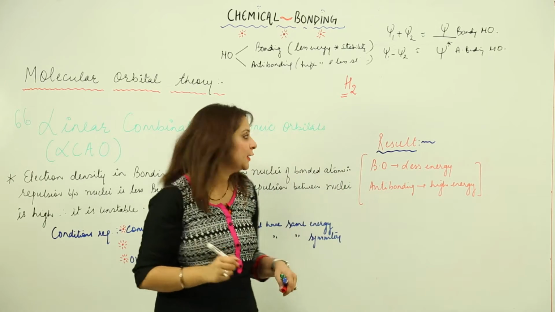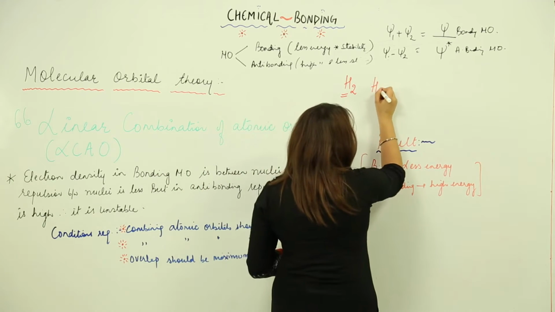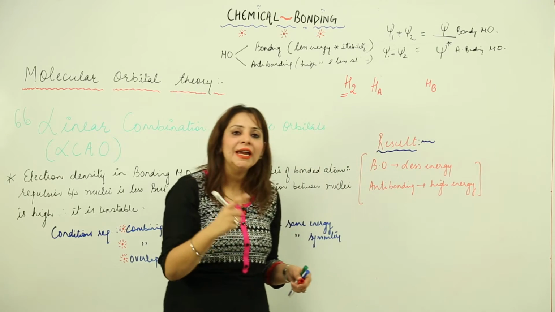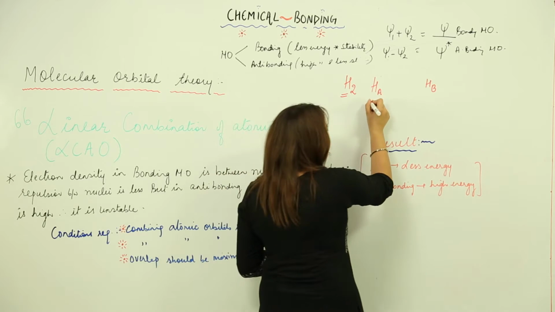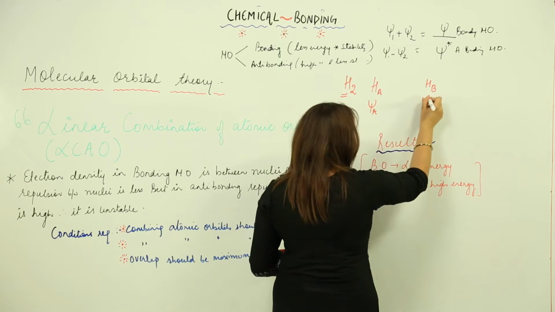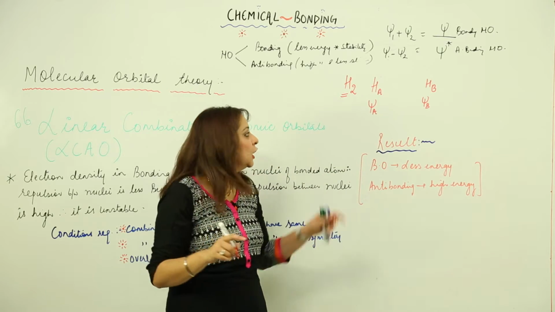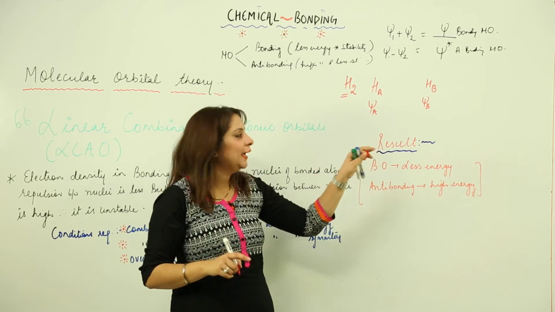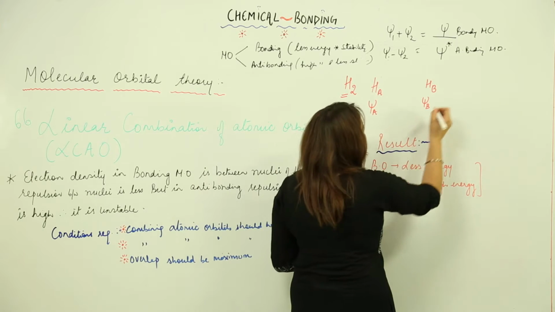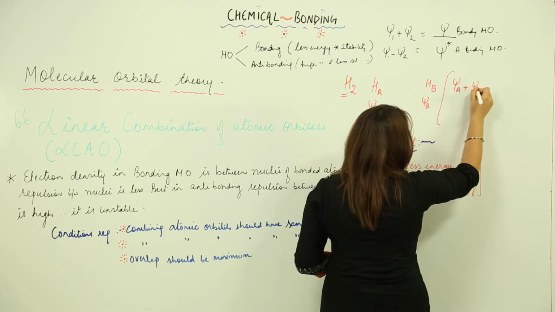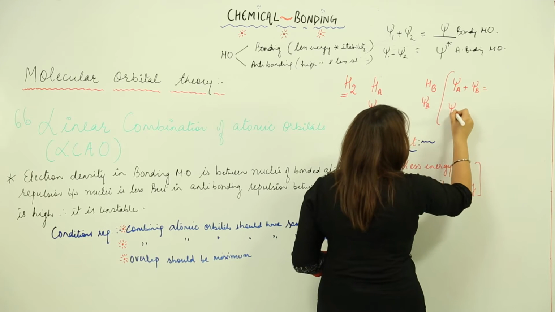if I need to form a hydrogen molecule, let's say this hydrogen molecule is formed by the combination of two atomic orbitals, one HA and one HB. HA has a wave function ψA, and let's say that HB has a wave function ψB. So when they are going to combine, what is going to happen? Either combination can take place, either their wave functions may add up or their wave functions